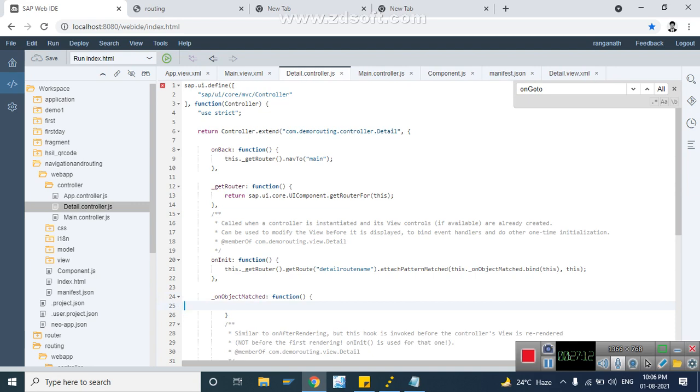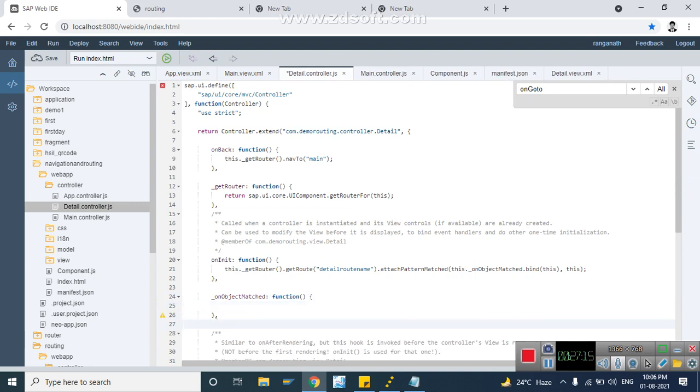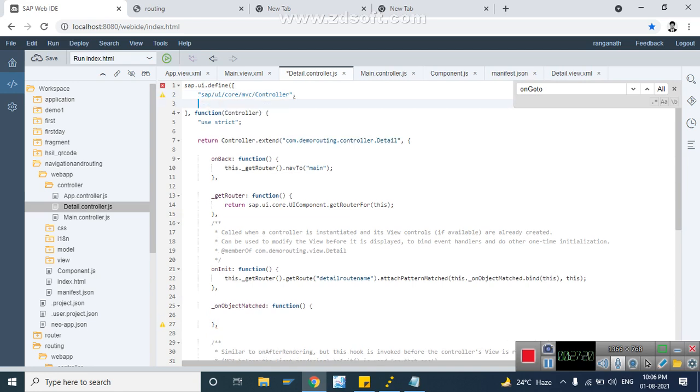And then to display here, we will load the message toast module, MessageToast, and I'll give an alias name here. Inside I'll say show detail view loaded.